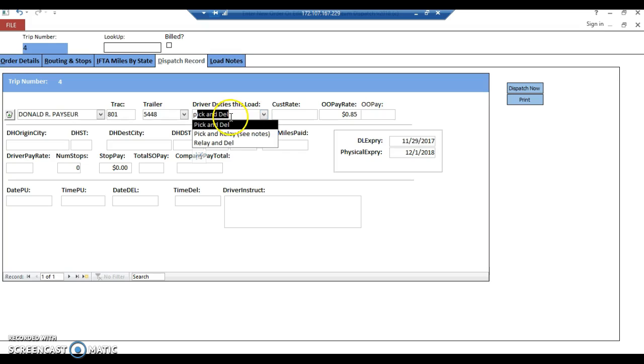So we're going to choose pick up and deliver, and when you tab into the customer rate, it automatically puts in what the customer is, since owner-operators are normally getting a percentage of the load. So he's going to get 85% of that load, or